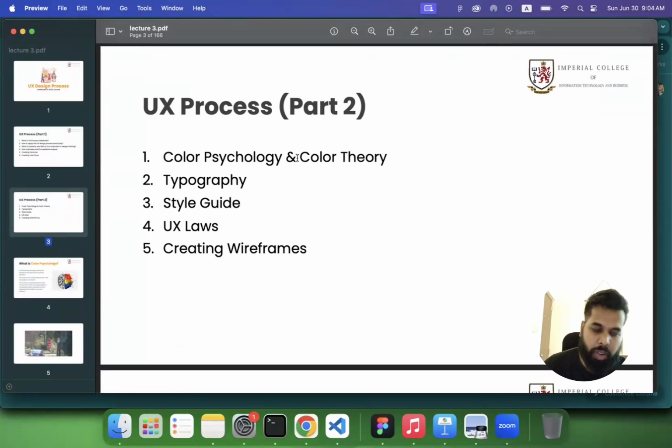So today I'm going to do color theory, typography, and all these things in the presentation: typography, style guide, UX laws, and creating wireframes. And at the end of the session, we are going to go through some Figma practicals as well. I gave you some exercise to do. So if you had any problems while working on that, you can ask after the break when we do the Figma